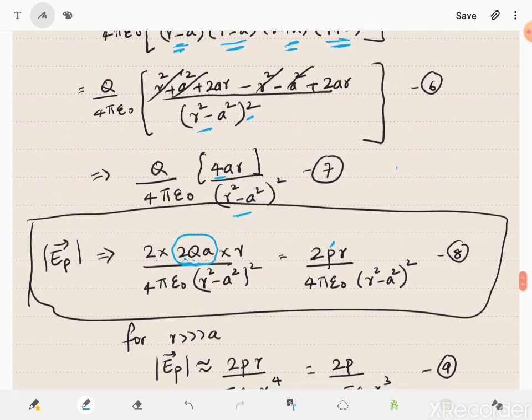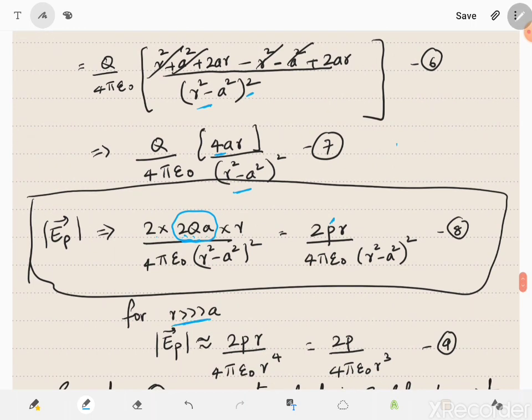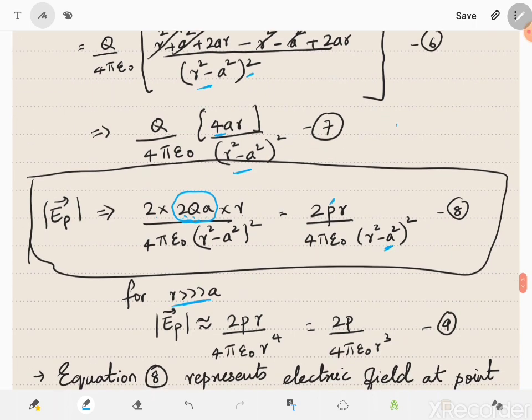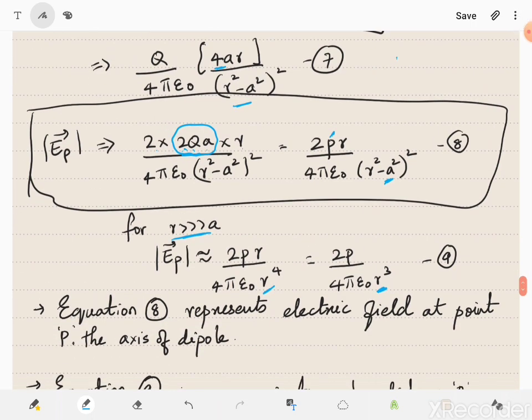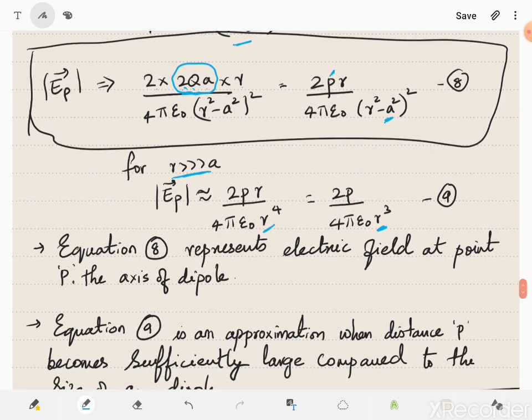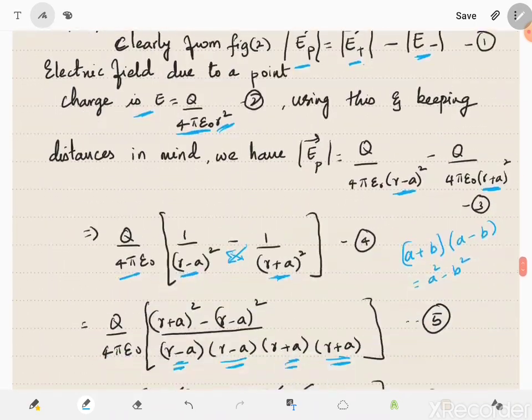And we are going to make an assumption here. Assume R is extremely greater than A, that is, the point lies so far that the distance between the dipole charges becomes negligible. When we introduce this approximation, what happens here? We are going to neglect this term A because R is significantly greater than A. What happens is R square to the power of 2 becomes R to the power of 4, and 1 R cancels, and we end up with 2P by 4 pi epsilon naught R cube. So equation 8 represents the electric field at point P on the axis of the dipole. Equation 9, on the other hand, is an approximation when the distance becomes sufficiently large compared to the size of the dipole. So you'll have to write it till here, starting from the diagram, so that you get a complete